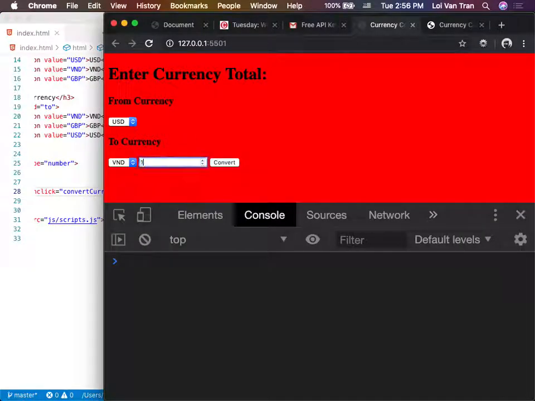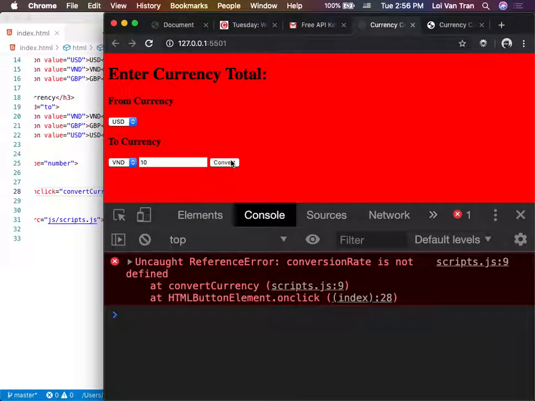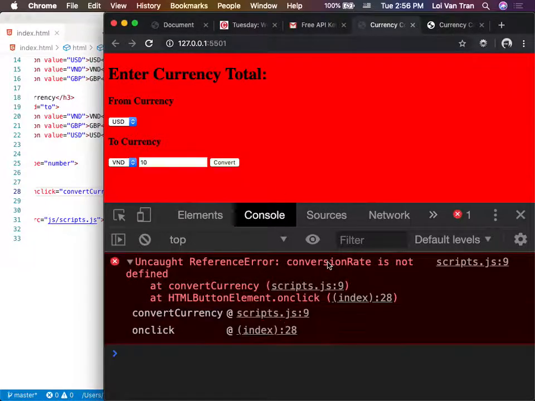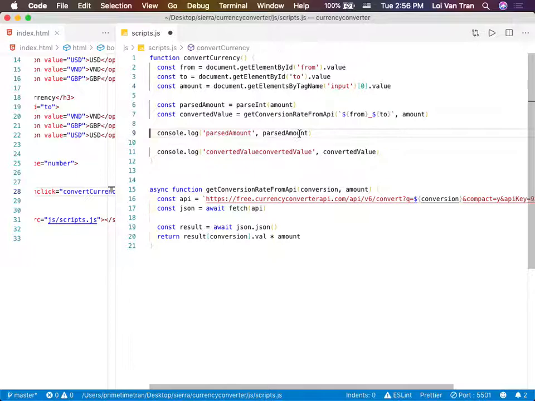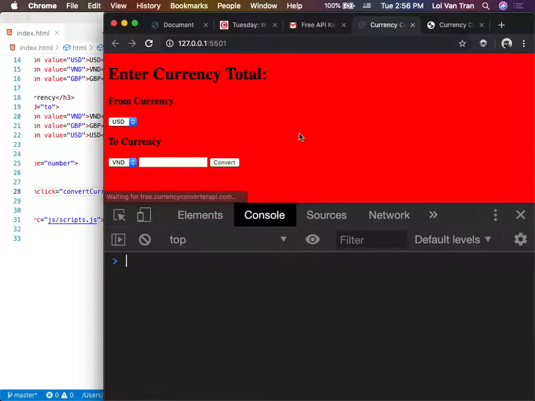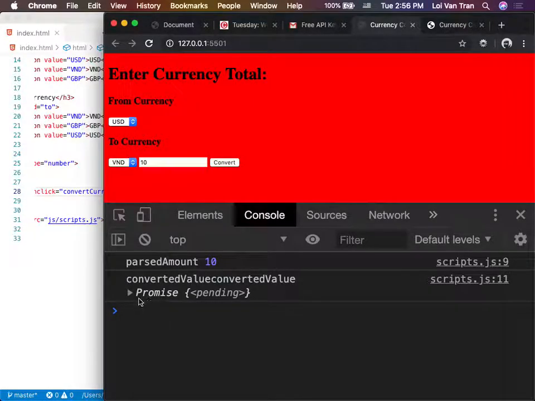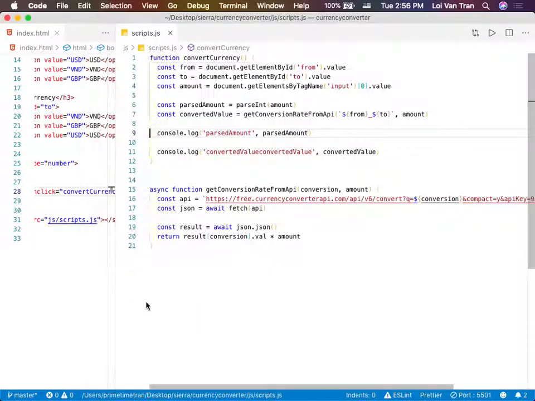So we jump back, do 10, do convert. Okay, so conversion rate is undefined. That's this one right here. We save. We got 10 right here. We can do convert. Still a promise. Get conversion rate. It's